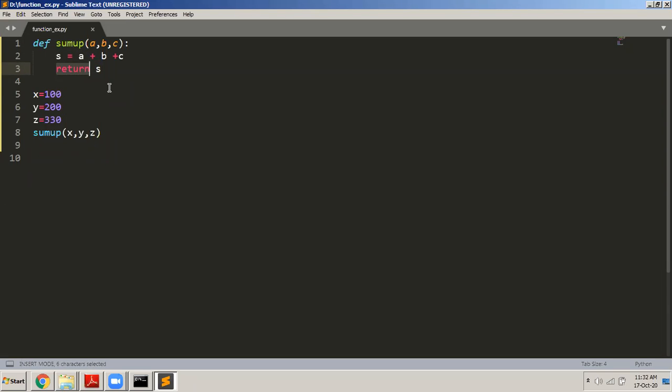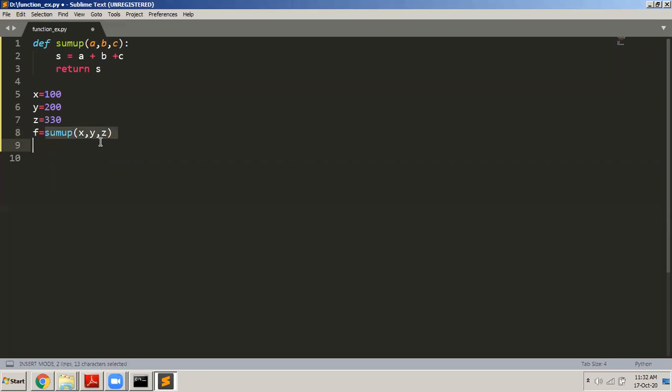It is returning it. What is the meaning of returning? Whenever the function sum up is called, the function will give you back some value because the function is returning something, which you have to take in a variable. Remember, this function sum up x comma y comma z is returning you back something. If any function returns something back, you have to capture it, take it into a variable. How do you take it? You write the name of the variable, whichever variable you want, f, g, any variable name, is equal to,